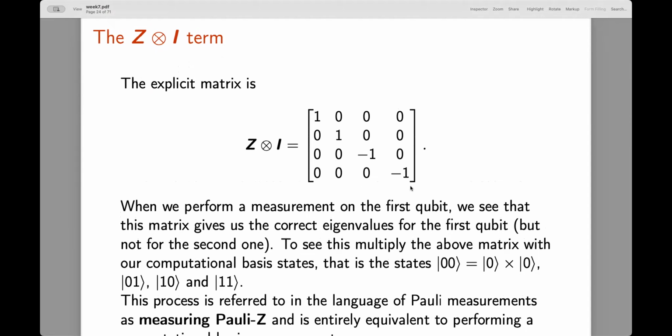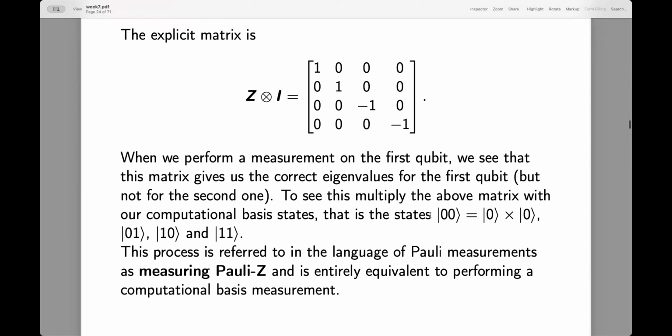Yeah. Exactly. Yeah. So if you now look at your basis,